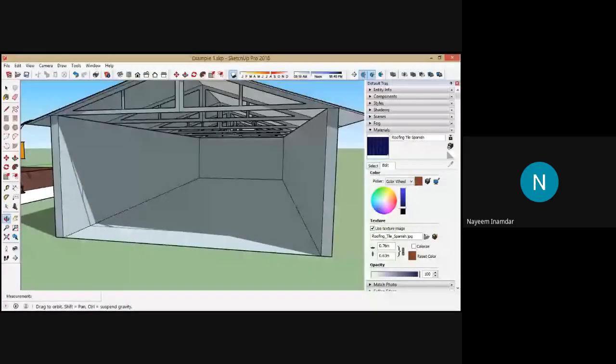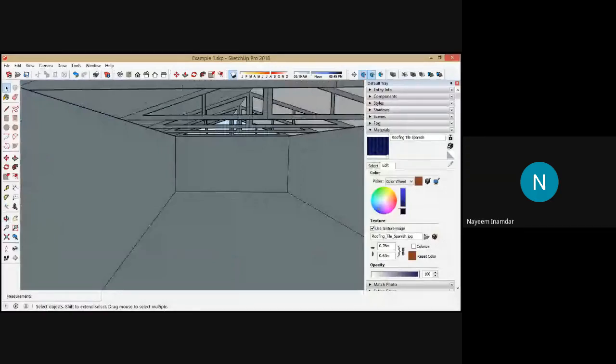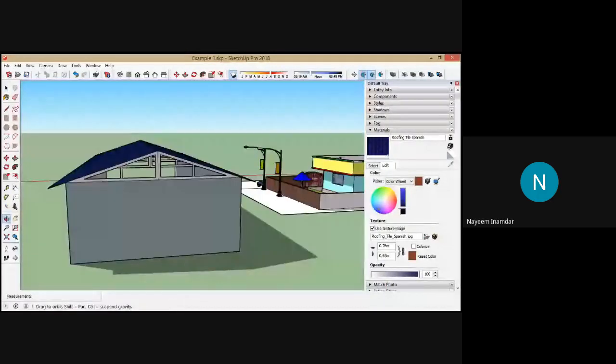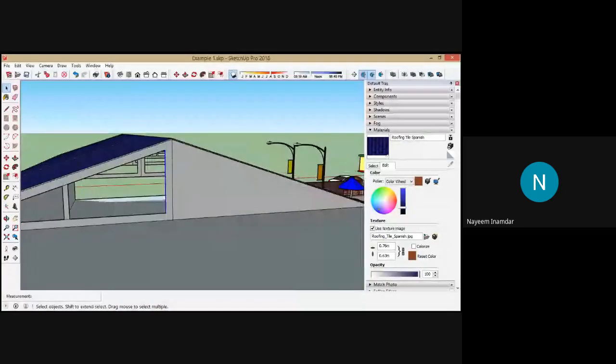So suppose if you want to have false ceiling for this particular building, what you can do is you can close on either side this gable window. You can close it. If you want to close, you just close it like this. Just delete these things. This is how you can close it. This side it has become completely the wall.